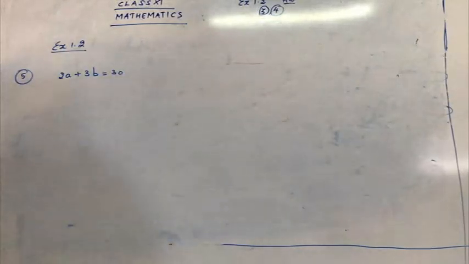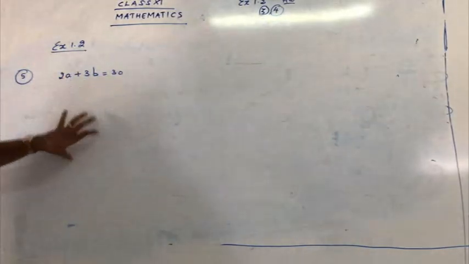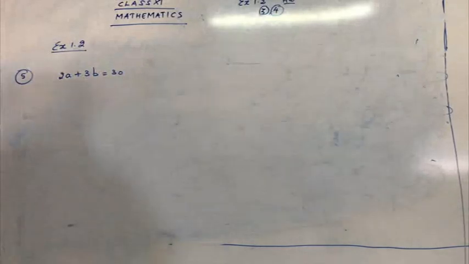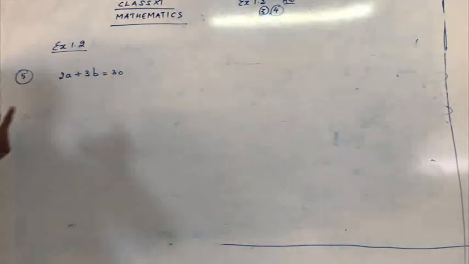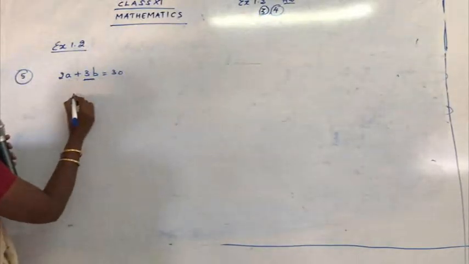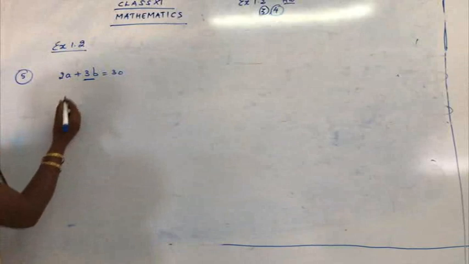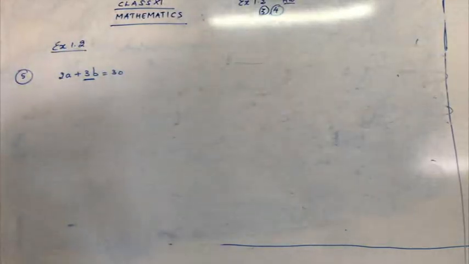So let's see here, children. I can keep A on the LHS part, or I can keep B on the LHS part. It's of our choice. I'm going to keep B on the LHS part, so I keep 3B on the LHS. Be careful with the sum. You have to follow the fifth sum, and the seventh sum will be of the same type. So your sum number 7 will be the homework. Be careful with your sum number 5. If you understand the fifth sum, you can do your seventh sum very easily. So just focus on your sums, children.